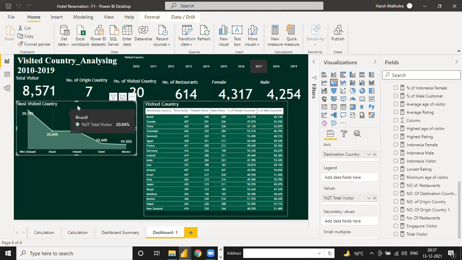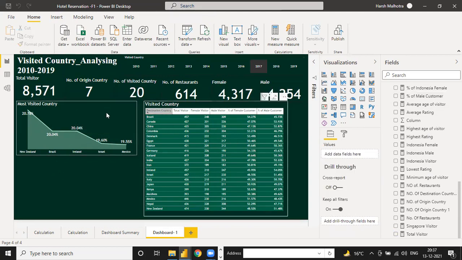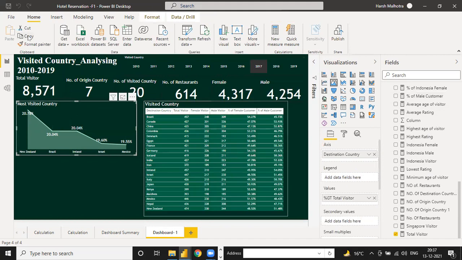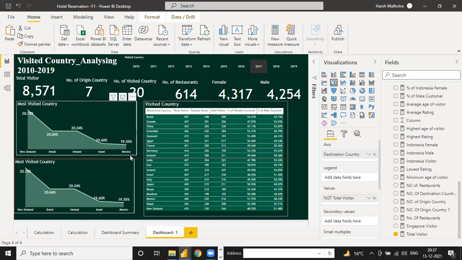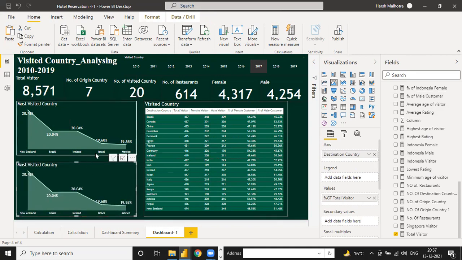This is your visited country, like most visited. And here one more thing: you just select this, copy and paste. We need it as demography of destination country wise, not for year or that. So destination country, and you have to just select